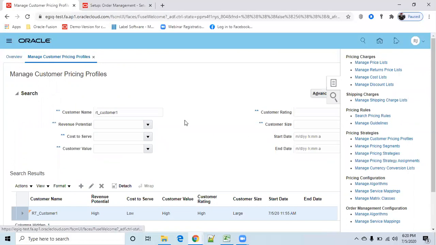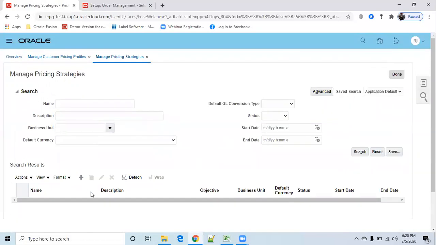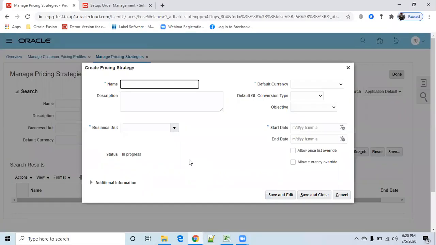If you go to the pricing strategy and click on plus, now I'm creating the pricing strategy here: RT corporate strategy. I said it is the container of all price lists.